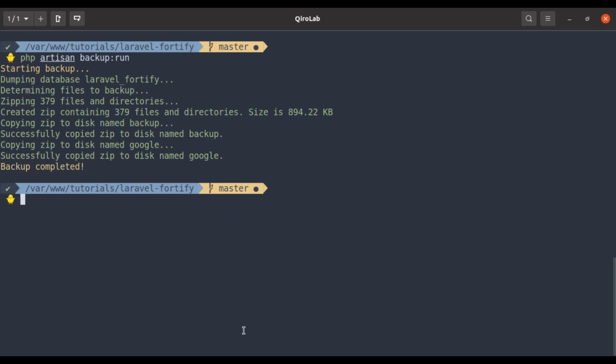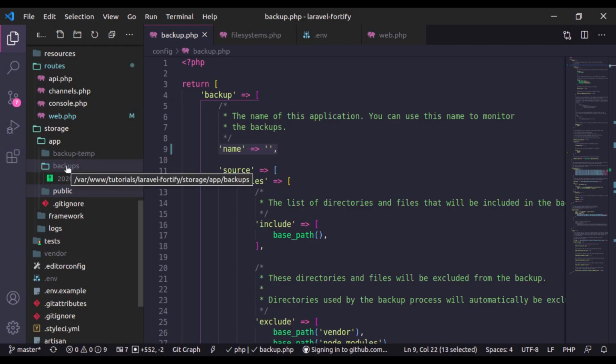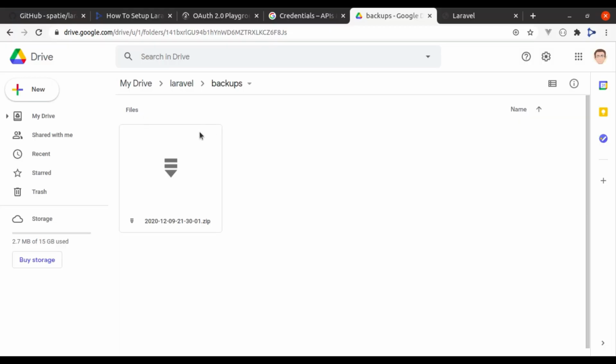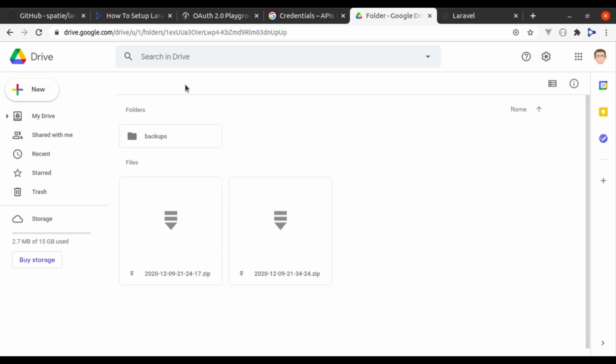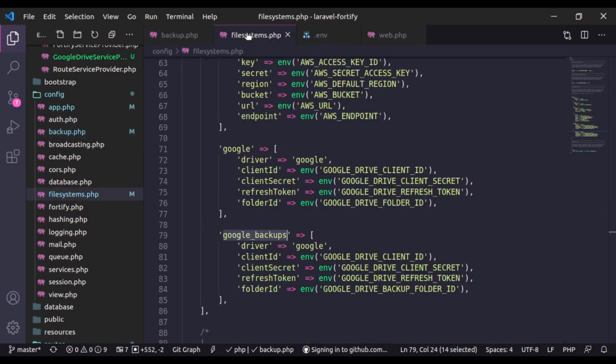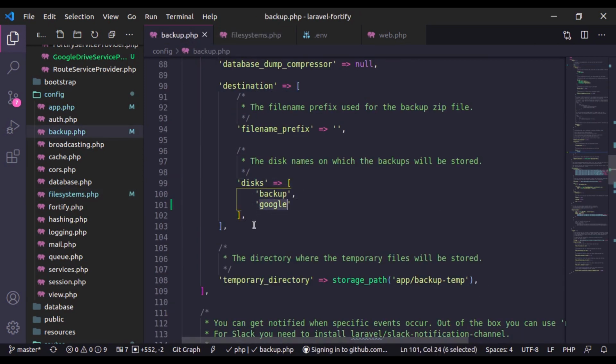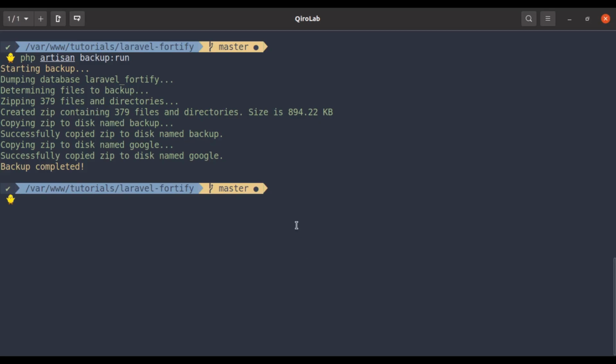Now backup is completed, and in the backups directory we have our backup file, and in the Google Drive we didn't see the backup here. In the Laravel directory we have two backup files. Actually I forgot to add this Google Backups disk right here. We need to replace this Google with the Google Backups disk. Now save it and run the backup again.